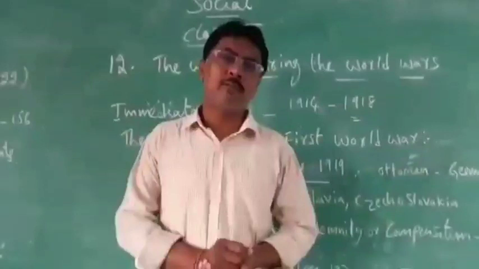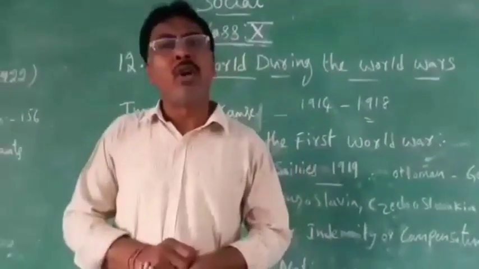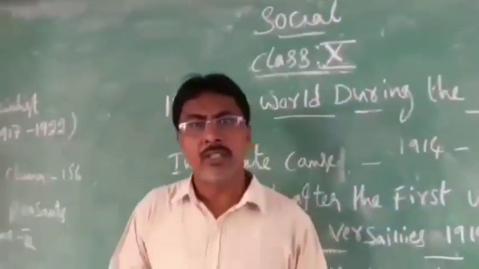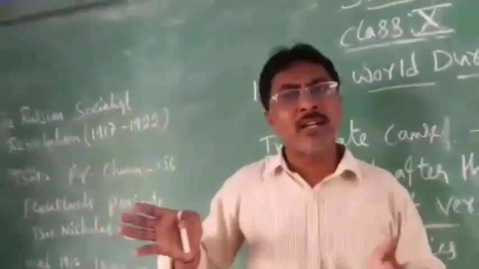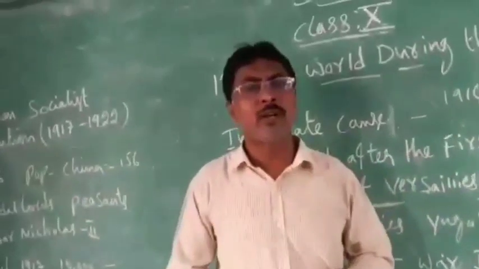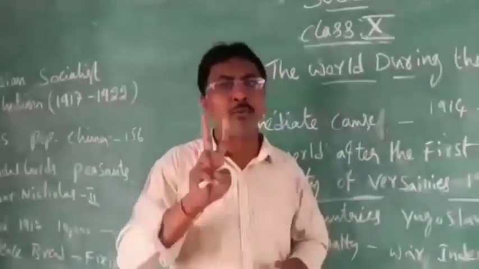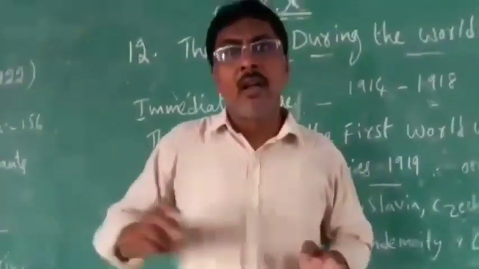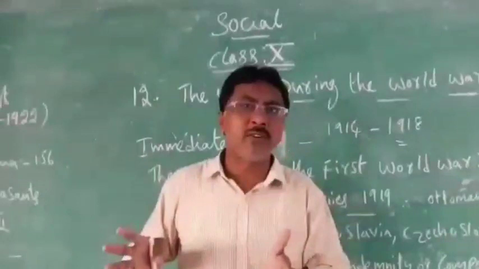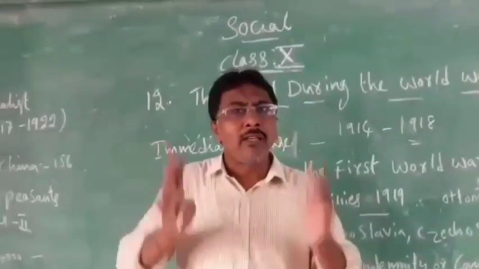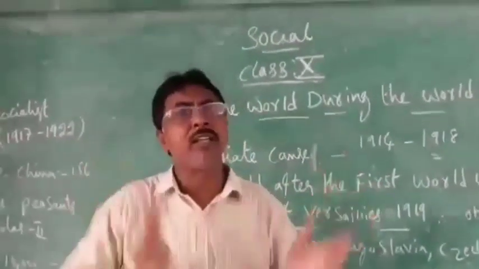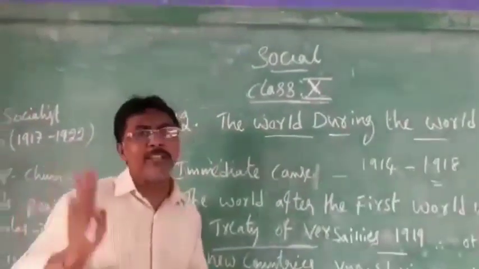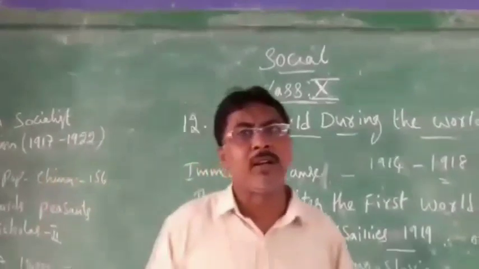Okay, 1945. Here you see, in 1917 Russia went out from the World War and in place of Russia the USA came. Listen. In the place of Russia, USA came and they fought. And the war happened between two groups. What are they? Axis powers and allied powers. Axis powers, you keep in your mind. Axis powers means Germany, Italy, Austria, Hungary.